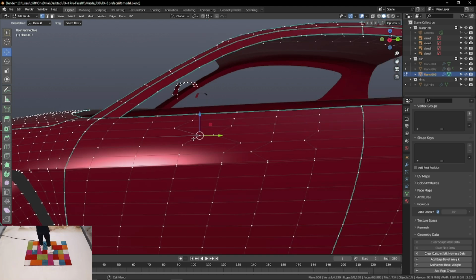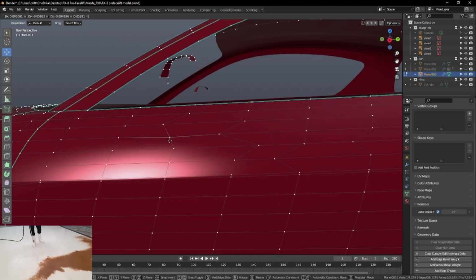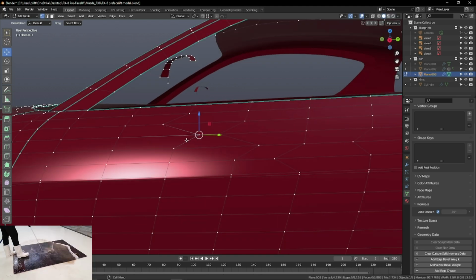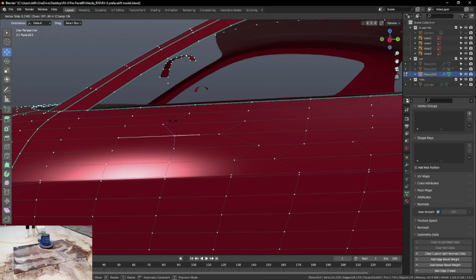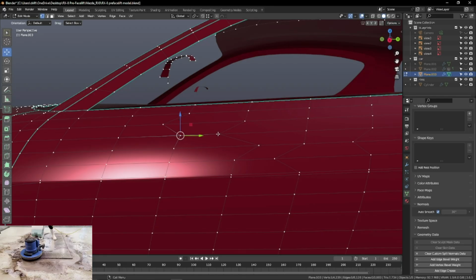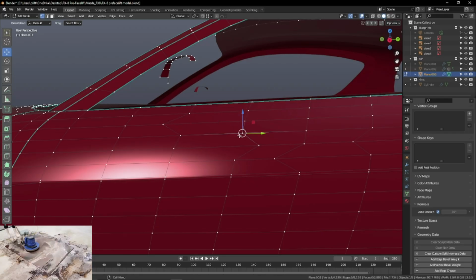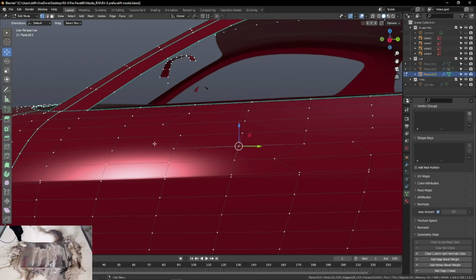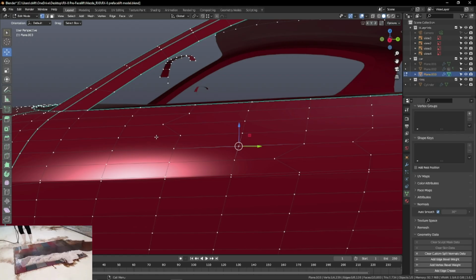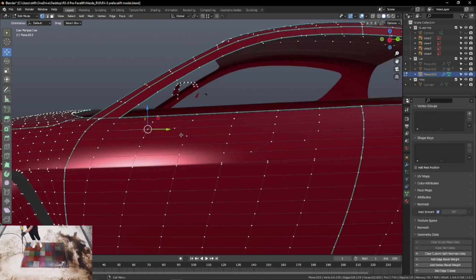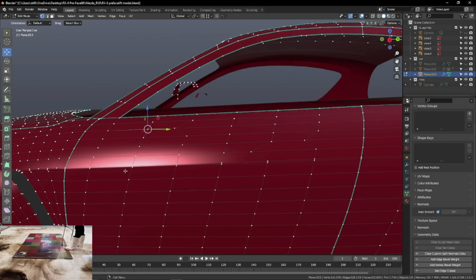You want to fix that, but moving them manually is not very good. First thing is you can press double G to slide them like this. But it really doesn't work like this. You don't want to work like this. It's very slow, you can suffer from this. So to prevent all of this,